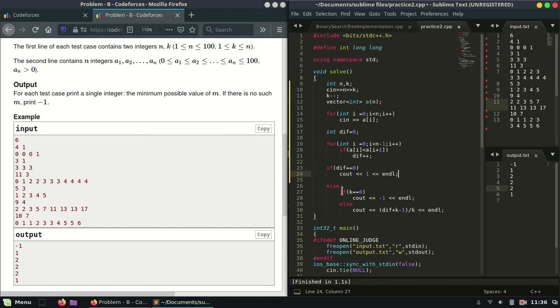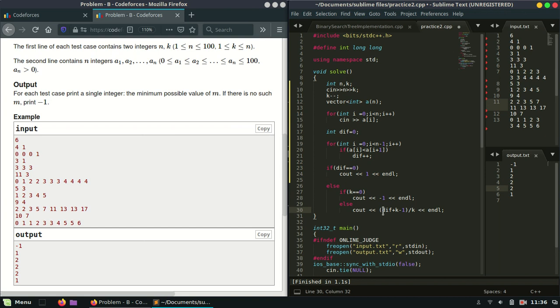And if diff is not equal to 0 and k is equal to 0, then we will print -1 in that case, because we will not be able to make such an array. And the last case is that we will find the number of different groups that we need of k different elements in order to obtain the number of elements we needed.